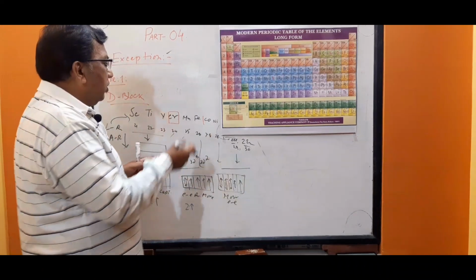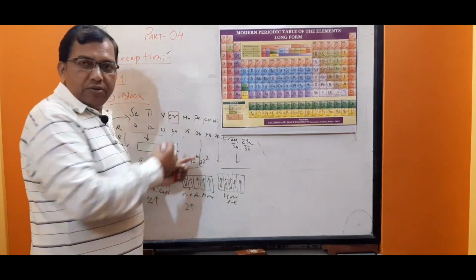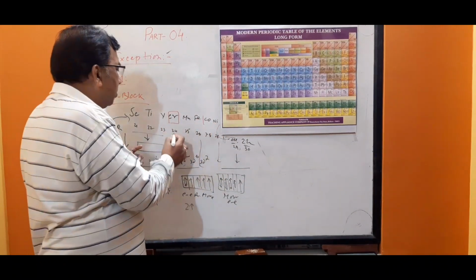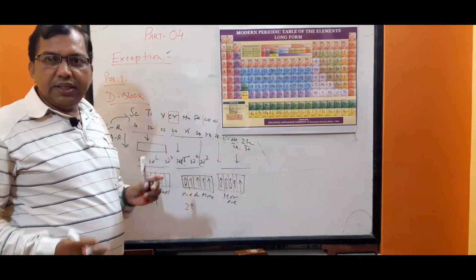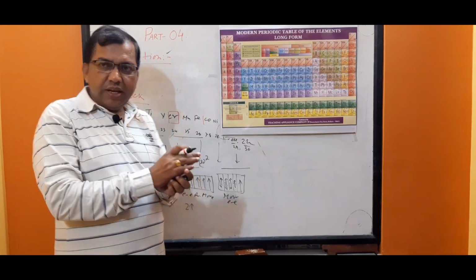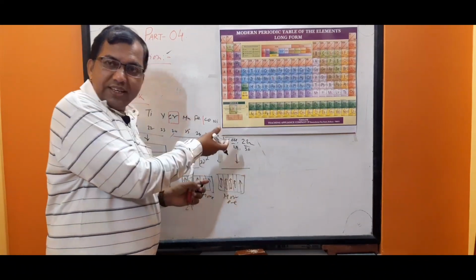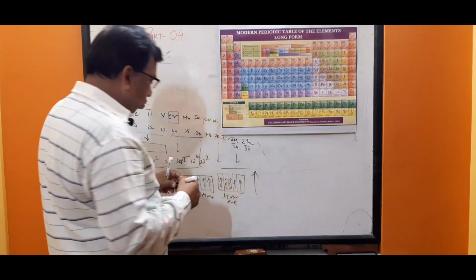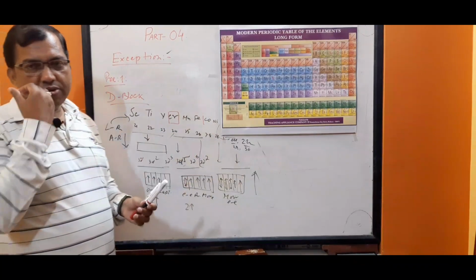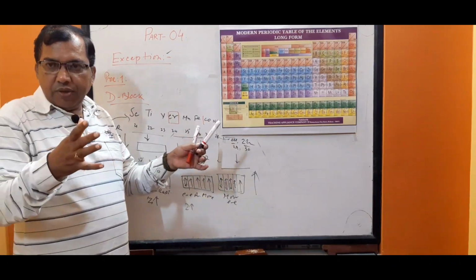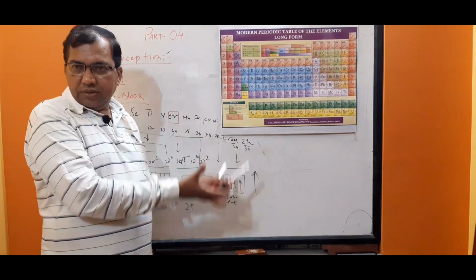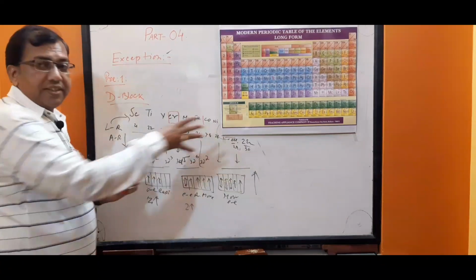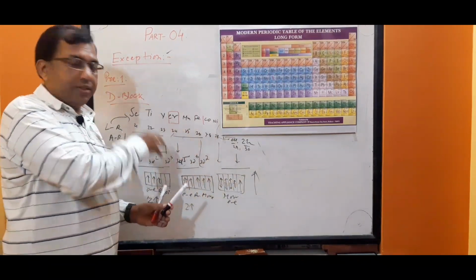So in this case, chromium, manganese, iron, cobalt, the atomic radius remains constant, and here it is increasing again, because of too much repulsive force, electron repulsion. There is much Z, and the atomic radius is also increasing. So there is a variation. This is the exceptional case in d-block elements.